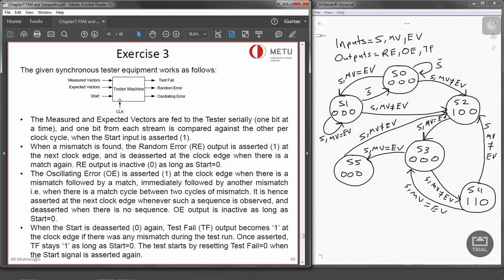Now we have got 5 states over here. That's all checking these conditions: oscillating error and the random error. The next thing that we need to check is the test fail. Test fail is only happening when we have got a mismatch during the test run. So mismatch is happening on all of these S2, S3, S4 and S5 states. S1 doesn't have any mismatches, that's why it's going back to S0. But these ones, as they got a mismatch in 1 or 2 cases, we have to consider another extra state,